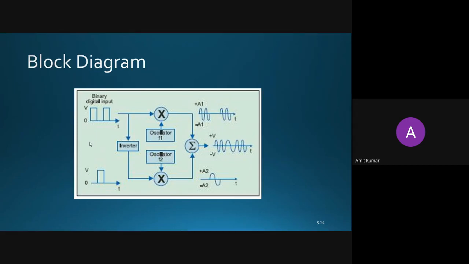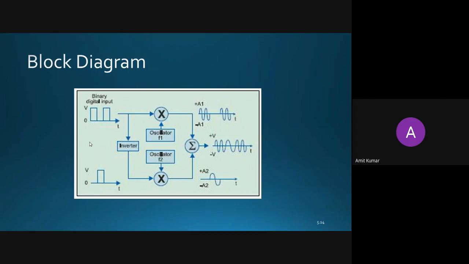So what is an oscillator? An oscillator is a block which will generate a constant frequency. In the real world, there are lots of oscillators available. The most stable oscillators are known as crystal oscillators. They have a 16.59 megahertz frequency. Other frequencies you can generate using PLL. So the oscillator block here is what we are using. Normally oscillators oscillate between a capacitor and an inductor, and produce a constant frequency. So that is the use of an oscillator.